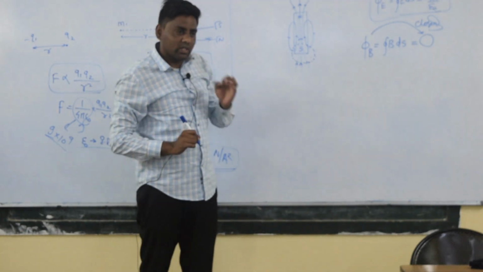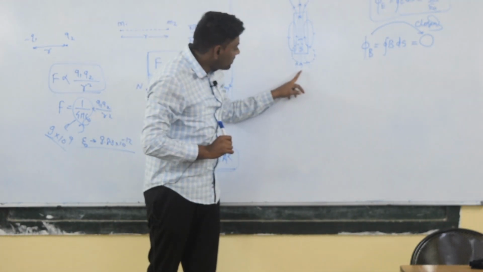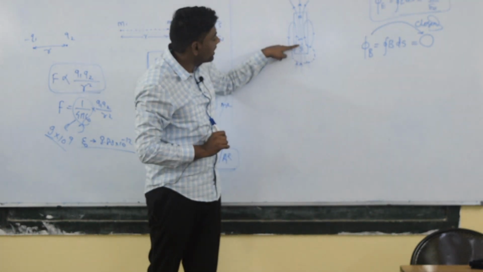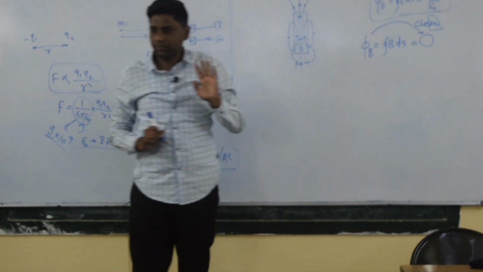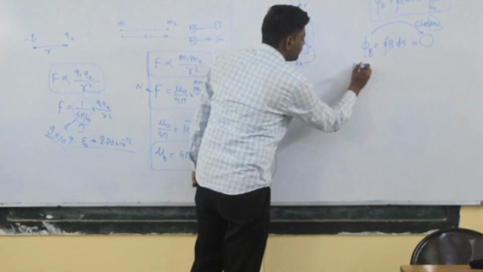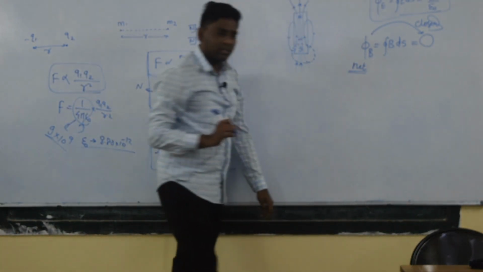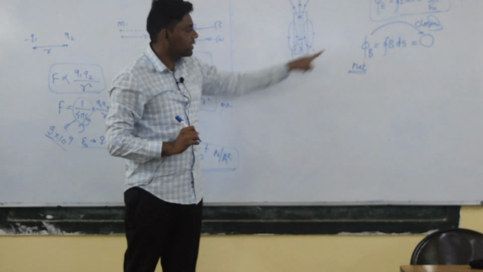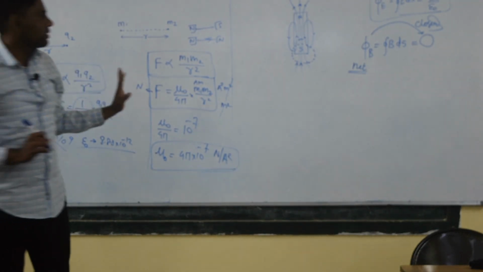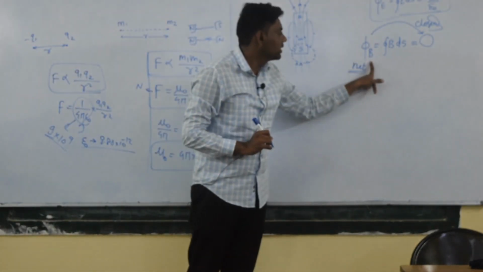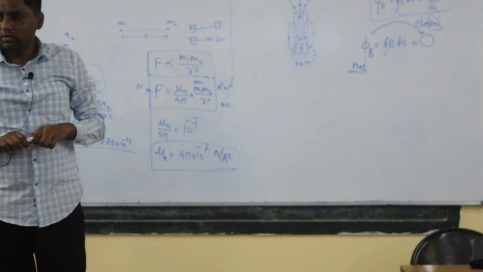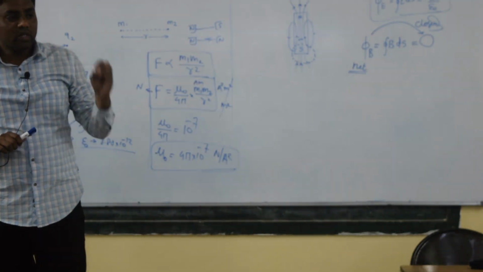So what is your observation? Our observation: the total number of magnetic lines of force entering and the total number of magnetic lines of force leaving are the same. Therefore, the net magnetic flux over the closed loop is 0. Net magnetic flux over the closed loop is 0. So this is a very simple observation. Therefore remember phi of B equal to 0. Why is it 0? Because monopole does not exist.